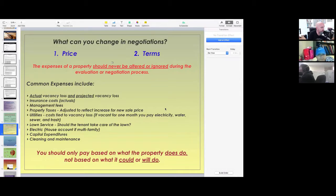Electric is a big one. If you are electric, it falls under the same as before with the vacancy loss. But here's the thing. If you're buying multifamily property of any size, there'll probably be what they call a house account. Now, for me, a lot of my smaller buildings don't have a house account, but now I'm into a lot bigger buildings, and especially when I've got properties that have several buildings on one property, and they're 2-story, I've got house accounts, which means the exterior lighting, laundry room electricity, all that stuff, the gas